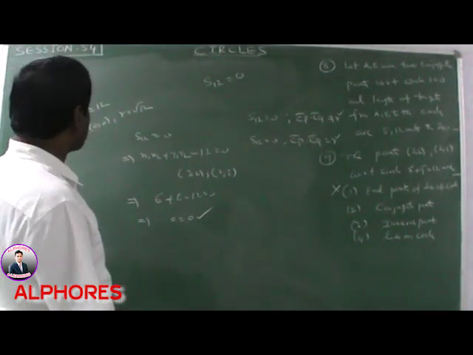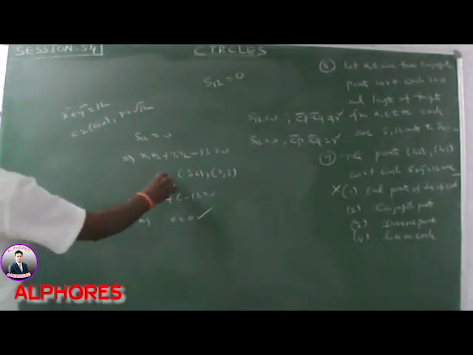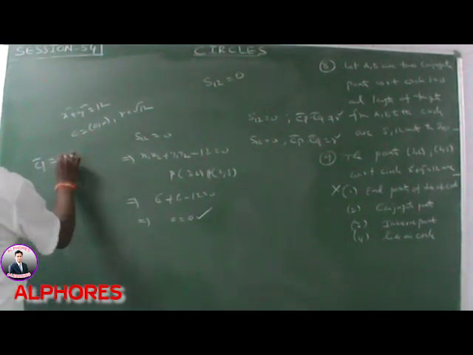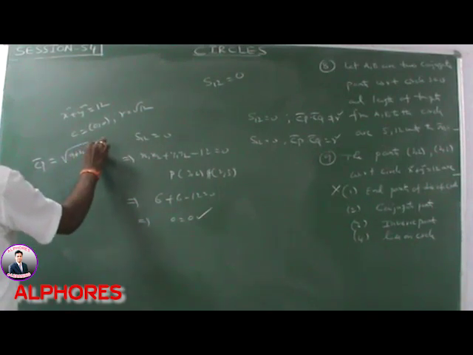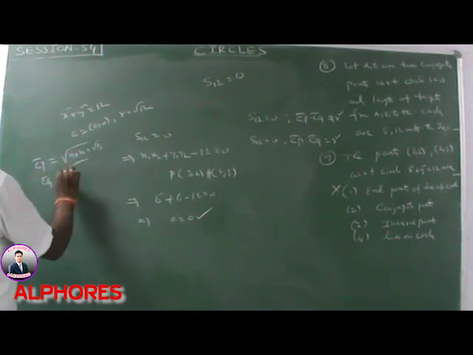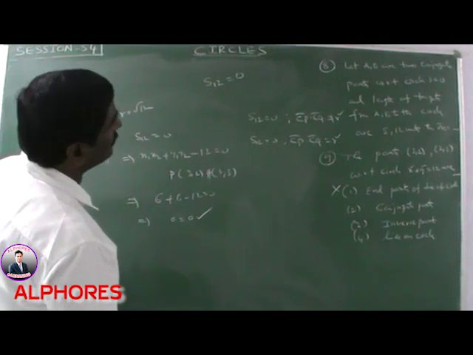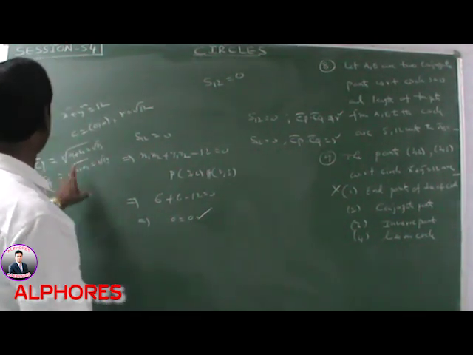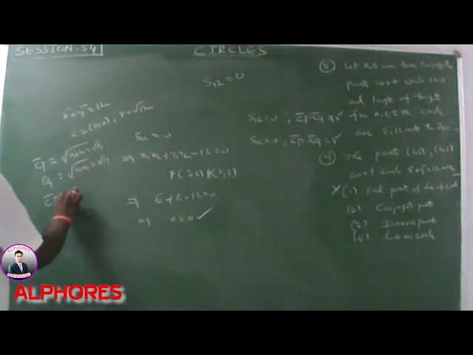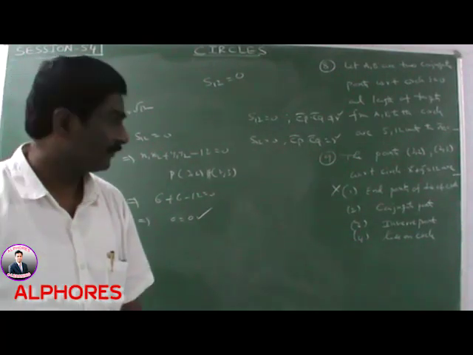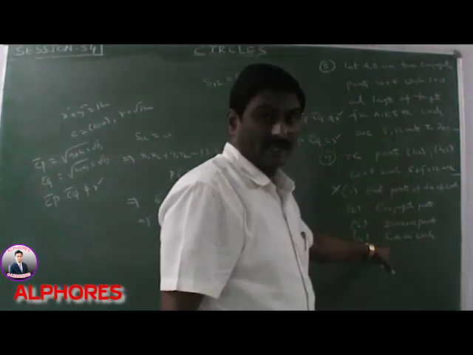Okay. Here, what is the value of CP? P is (3, 2), Q is (2, 3). CP is equal to the distance between the two points: root of 9 plus 4, root 13. CQ is also root of 4 plus 9, root 13. CP into CQ means 13. What is the radius squared? Here the radius squared is 12, so CP into CQ is not equal to R square. It is 13, and R square is 12. So the given points are conjugate. Okay? Lies on a circle is verified with these values.